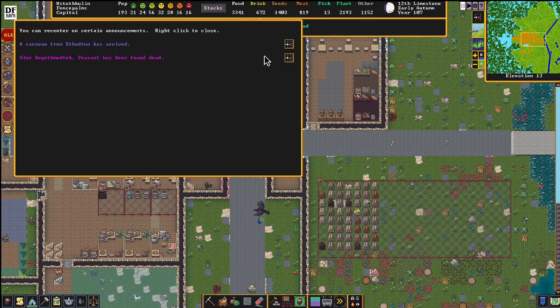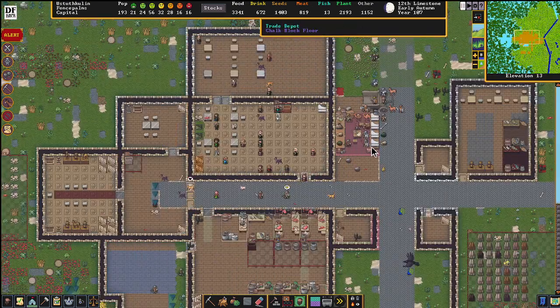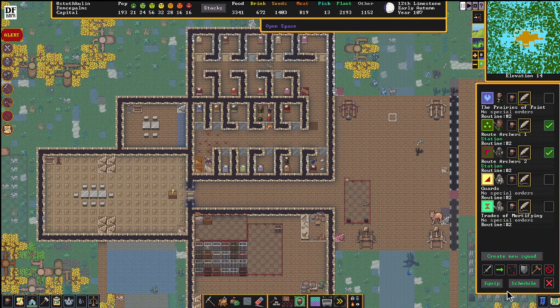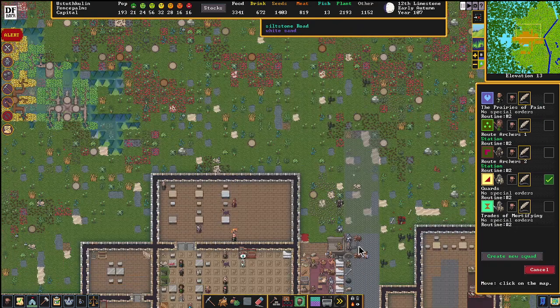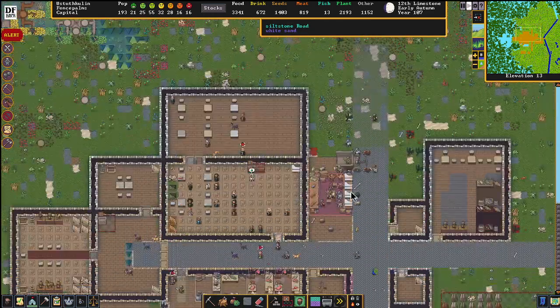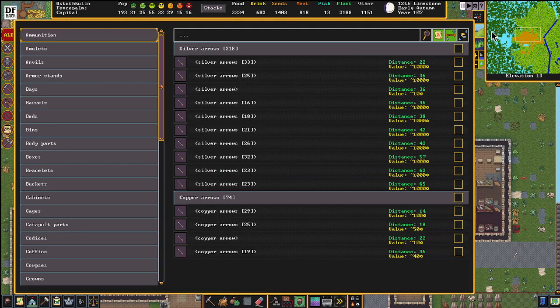Uh-oh, what we got going on here? Probably another bird attack. Hopefully the birds don't attack my traders. In fact, I'm going to go ahead and bring out my archers and just put them on post up here. And then I'm going to have my guards, and I'm going to put them post in front of the traders here. Just maybe offer them a little bit of protection. Unfortunately, if the traders get attacked, that's the end of the trade. And we don't want that. So let's see if we can...